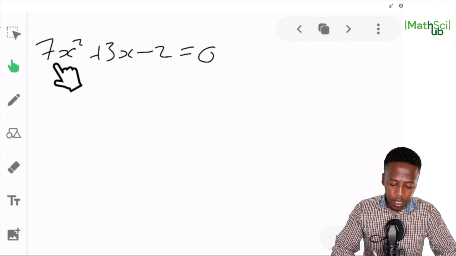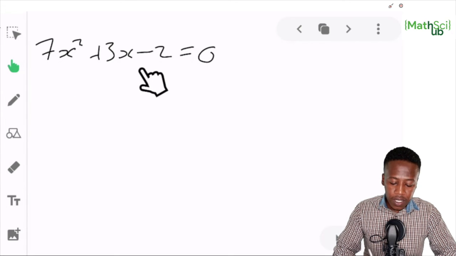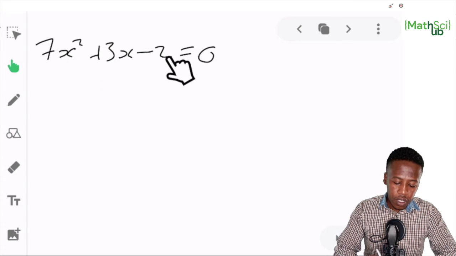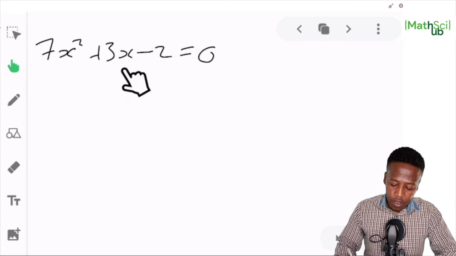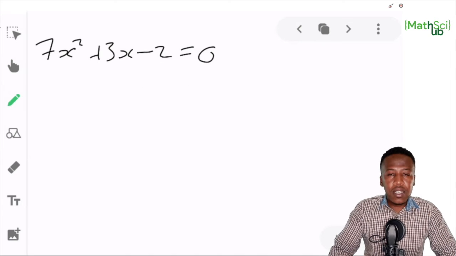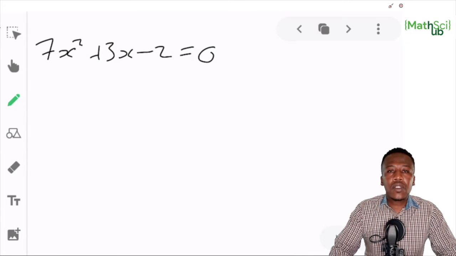Now I'm not gonna try to find the factors here, but you can do it on your own as I try to explain this, but you won't get factors for this sum here. So what you need to do is use your formula. But the question normally says, in this type of question, for you to know whether do I need to complete the square, do I factorize, do I use the quadratic equation, the question will normally say solve for x,